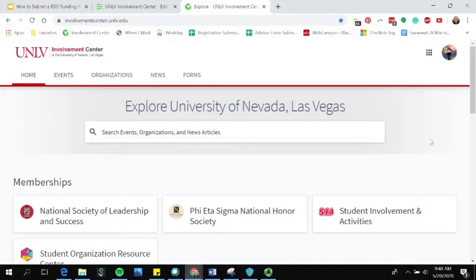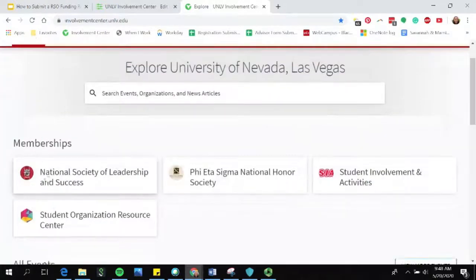Once you're signed in, this is what your homepage will look like. It will look a little different from mine, but generally it will look like this. The difference will come under your memberships. Any organization you're listed as a member or officer on will show up in the memberships area. So the next thing you'll want to do is click on the organization for which you are submitting a funding request. For the purpose of this demonstration, I'll go ahead and use the source room, the Student Organization Resource Center,